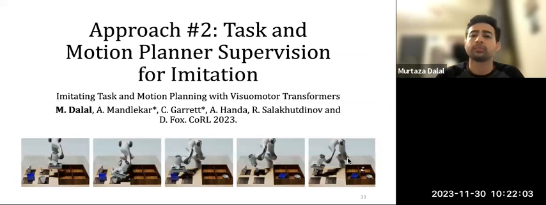So let's move forward. Now we're switching gears a little bit and trying to answer sort of the reverse question from the previous work. So assume that for the agent, the high-level plan is more or less given or fixed in terms of the data distribution that you train on. Can you learn to solve a wide array of tasks purely from visual input? This was work done at NVIDIA and published at CoRL this year.